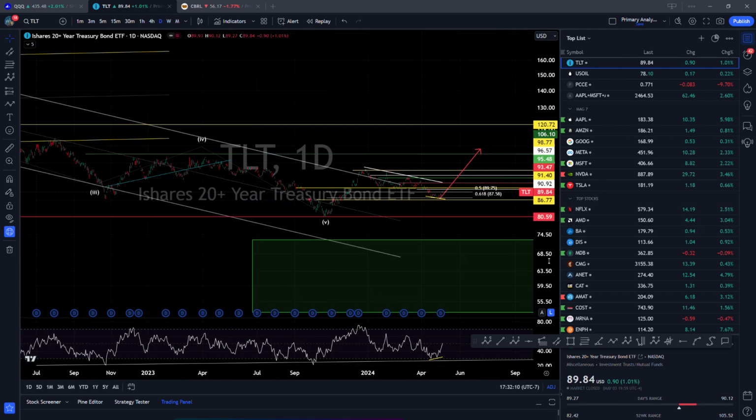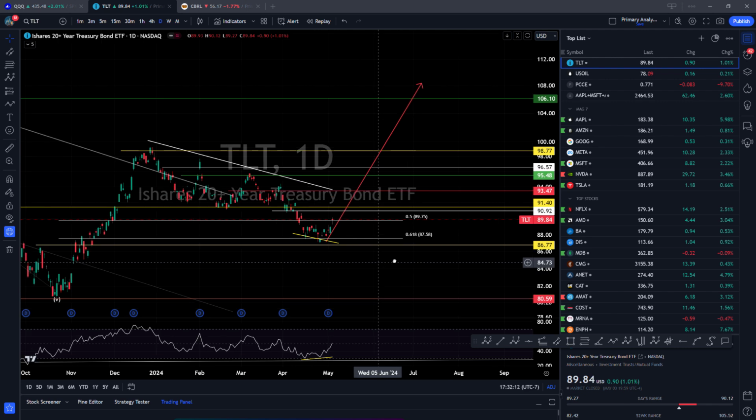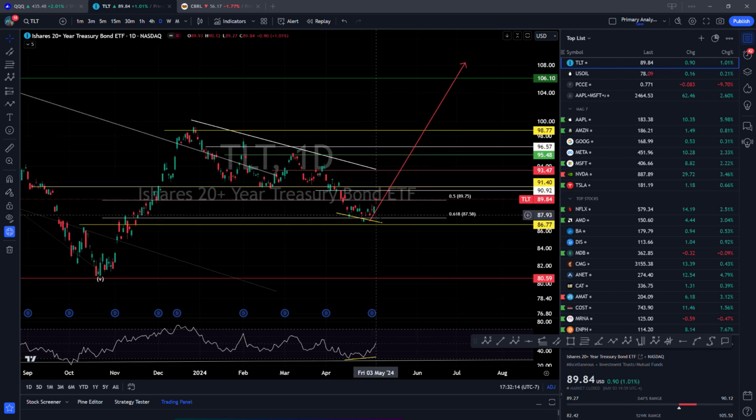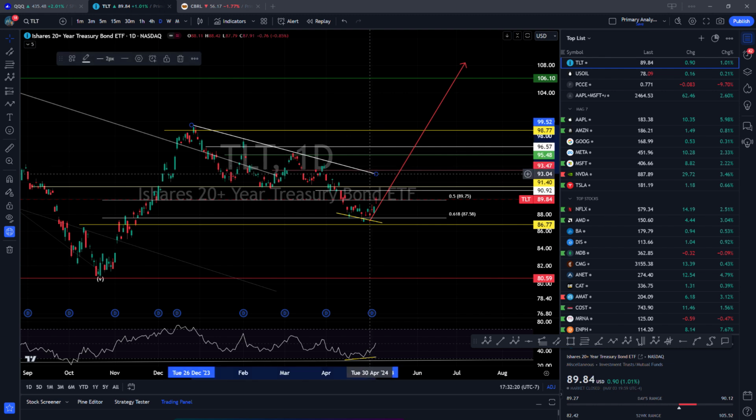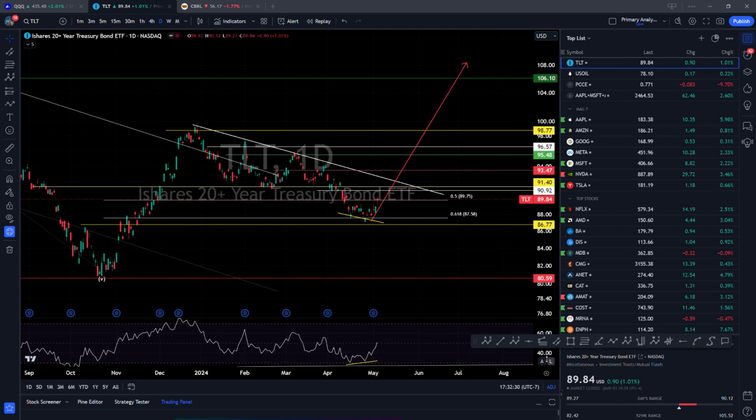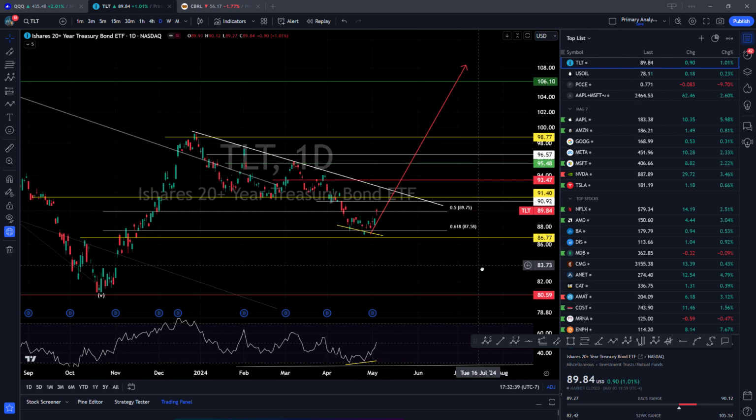TLT, we are holding the longs on this one. Looks all right for now. There was a good move from that 61% retracement of this whole overall leg, and the breakout really happens when we break above this line. But getting into 90, 91, 92, I think that makes a good case that this time we're going to test this trend line and break up. And we are holding 99s for July.